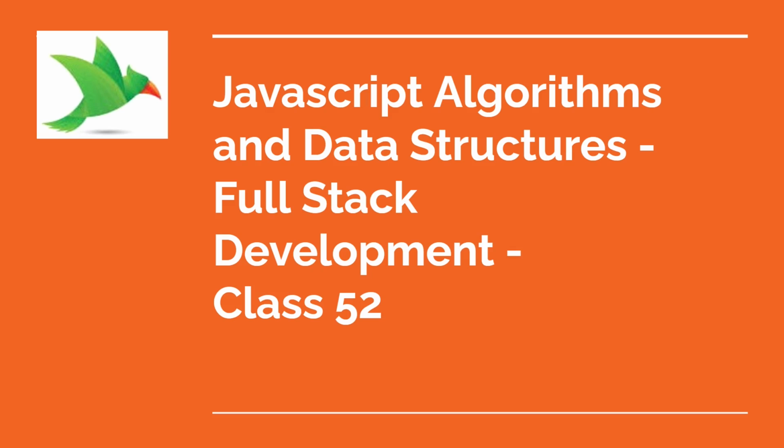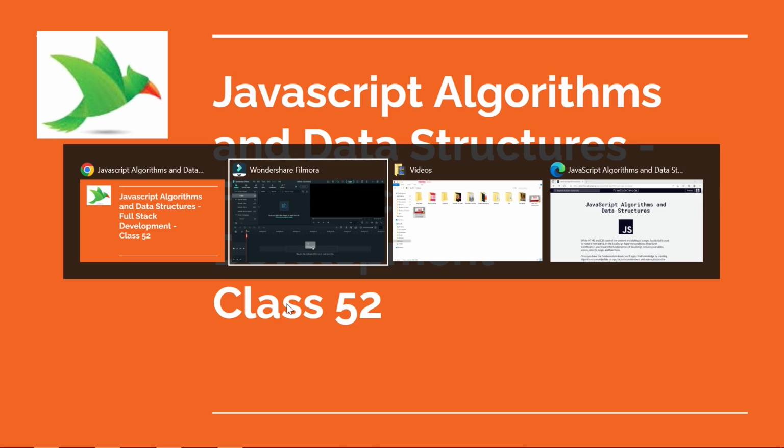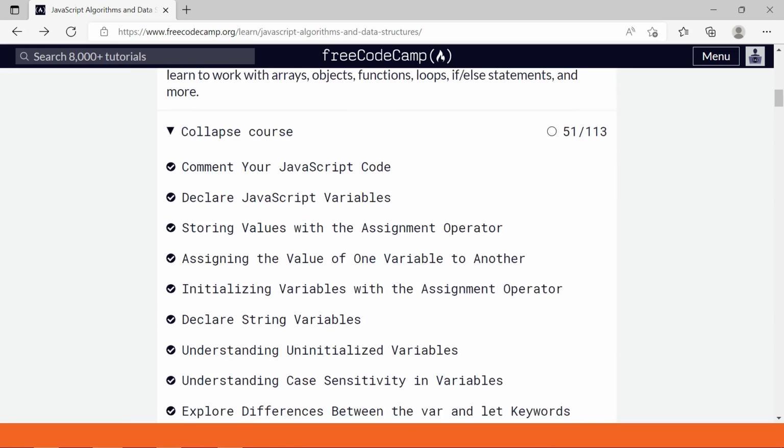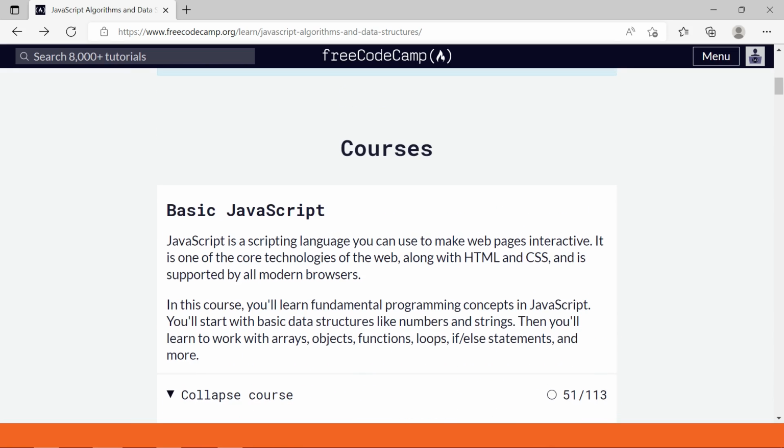The course which we are learning is full stack development, and in that full stack development we are learning JavaScript, algorithms and data structures. And today is class 52. The website in which we are learning JavaScript, algorithms and data structures is freecodecamp. It is a self-learning platform, and so far we have completed